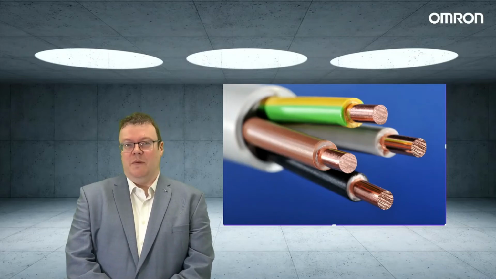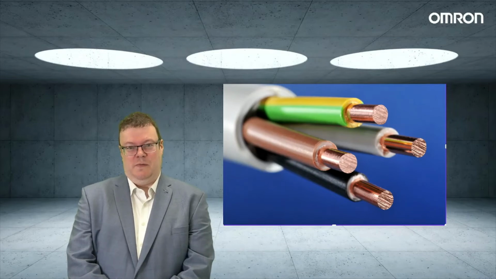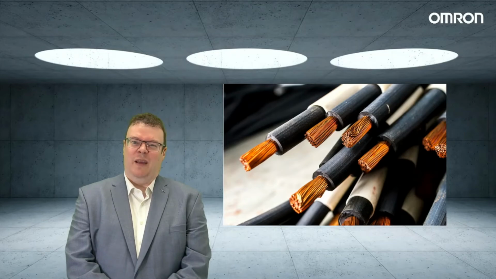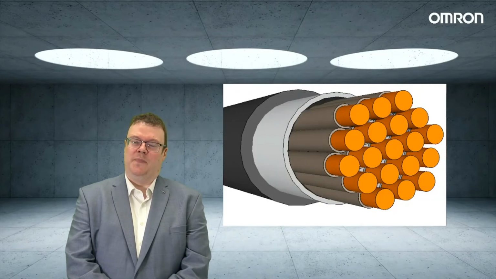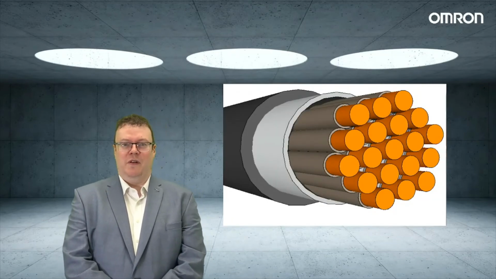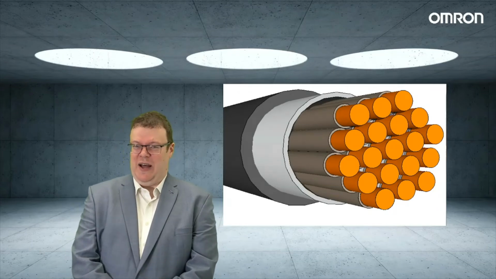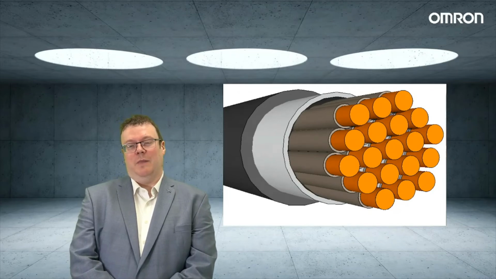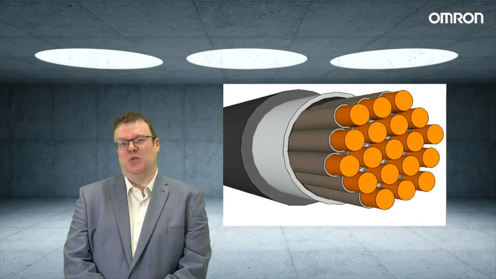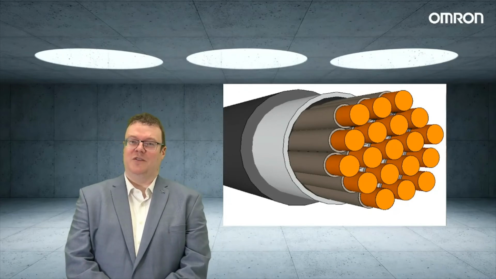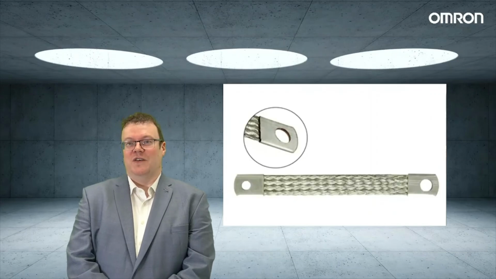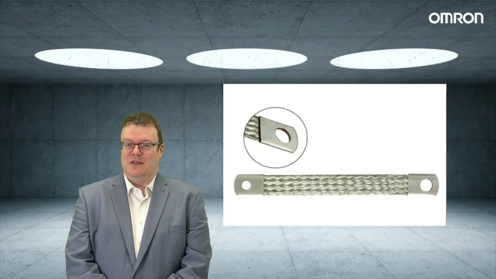But when we start dealing with cables that might be carrying higher frequency, whether that's intentionally or with harmonic noise, we then have to look at using stranded cable, or what we would call Litz wire. Litz wire is essentially made up of a number of small cores that are wound in a specific pattern to ensure that the effects are spread across it. Also, each individual cable or strand is insulated, so you end up with skin effect across a wide number of individual cores rather than one large core, giving you a larger surface area. And this principle can actually be seen in the construction of your standard earth bonding strips that you might see within a panel.